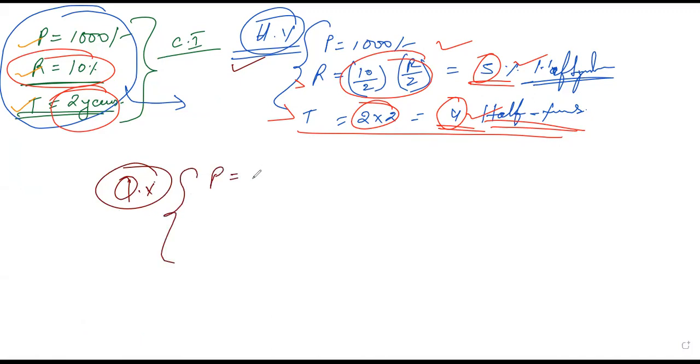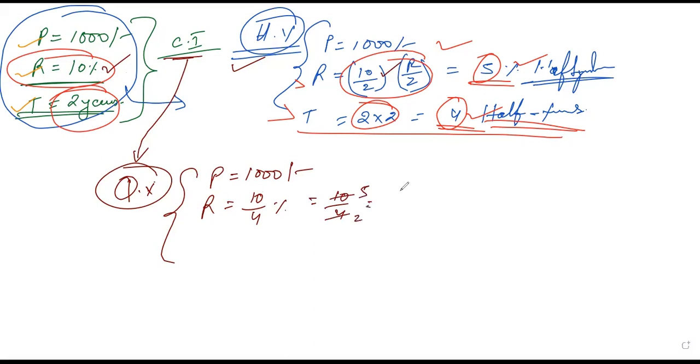See, the principal again remains the same. The rate of interest, whatever we had taken, will be divided by 4. Earlier we divided it by 2; here we are going to divide it by 4. It was given 10% annually, and we have to calculate compound interest quarterly. So we will divide it by 4. You can cancel it, so there is no problem. It will become 5 by 2%. Don't make it a mixed fraction, otherwise you will get confused solving the questions.